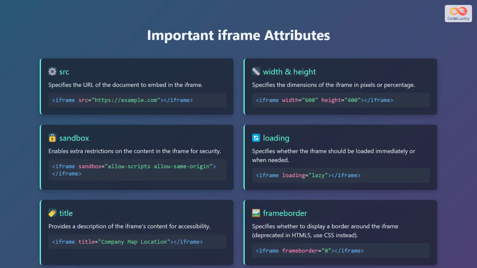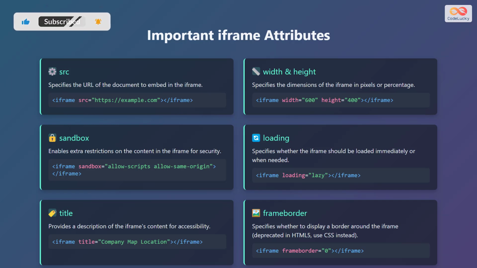Let's explore some important attributes you can use with iframes. First off is the src attribute, which, as said before, specifies the URL of the document you want to embed. For example, the code iframe src equals https://example.com/iframe embeds the content from example.com. Next are the width and height attributes. These define the dimensions of the iframe in pixels, or as a percentage of the containing element. For instance, iframe width equals 600, height equals 400, /iframe sets the width to 600 pixels and the height to